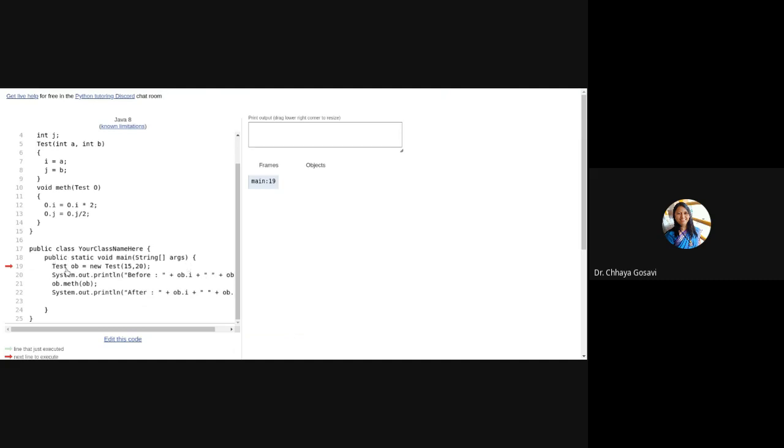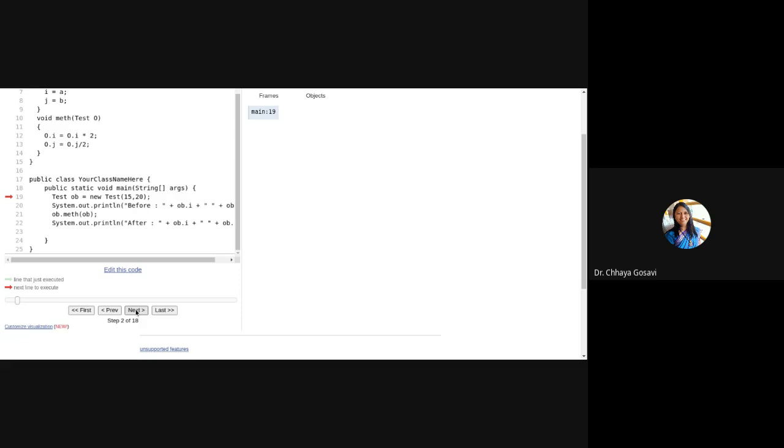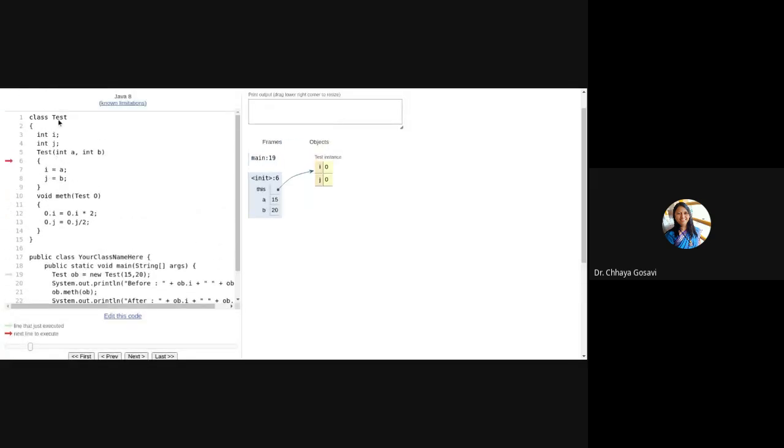So this is test ob is equal to new test. It will create an object of test class with two variables i and j. Here we pass parameters 15 and 20, and that is stored in i and j. So i is 15, j is 20. So the object is created with value of i 15 and j 20.